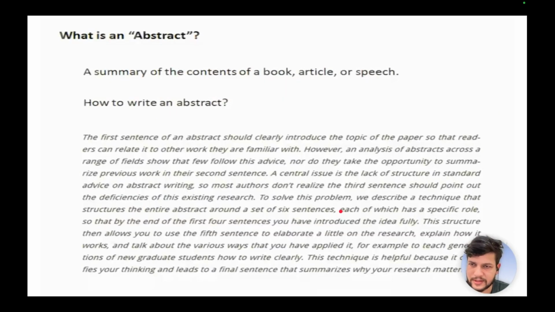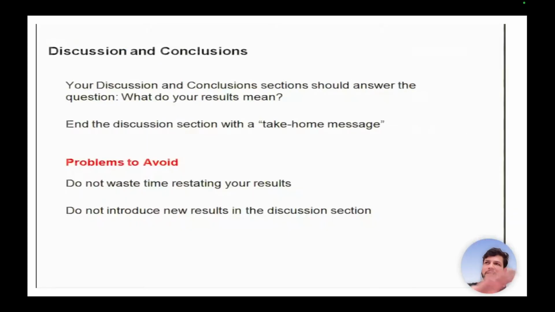So this was about discussion. When you have written all the parts of the main content of your paper, you have the picture of all the things: introduction, discussion, method, and result section. So now it's best to write the abstract, because in the abstract you have to summarize all the things that you have done